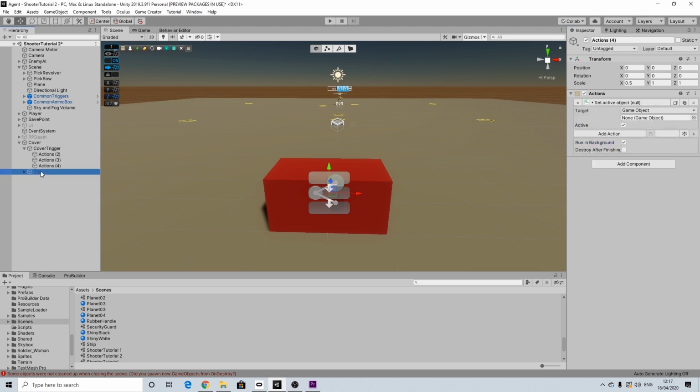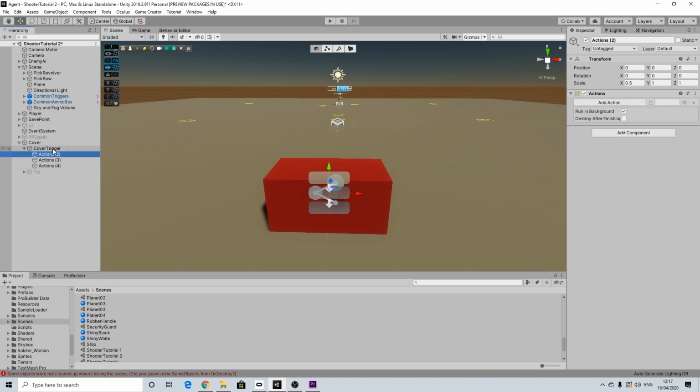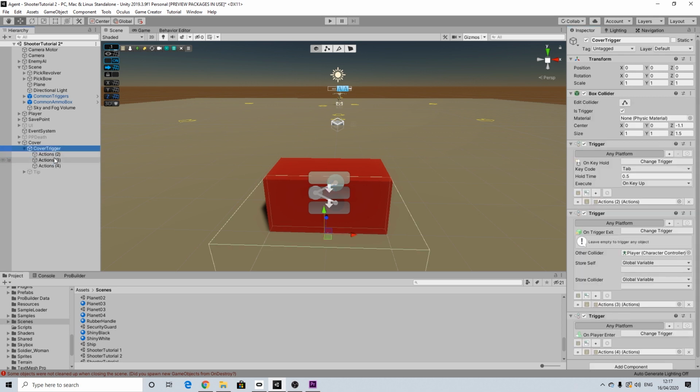So we want to activate our tooltip. That's it. That's literally all we're going to do. So really straightforward. Once we are inside of the cover though,